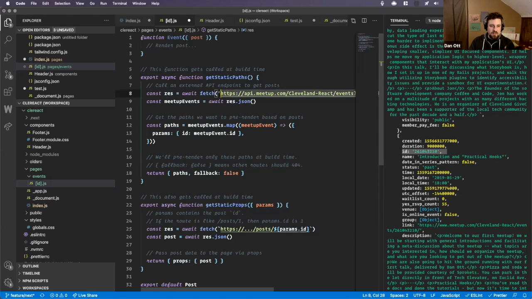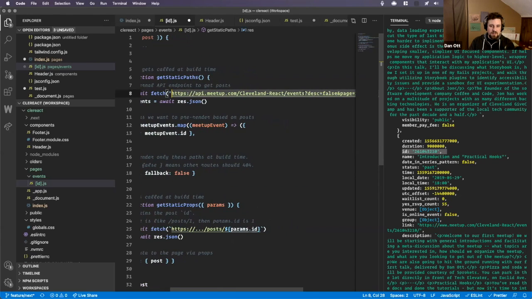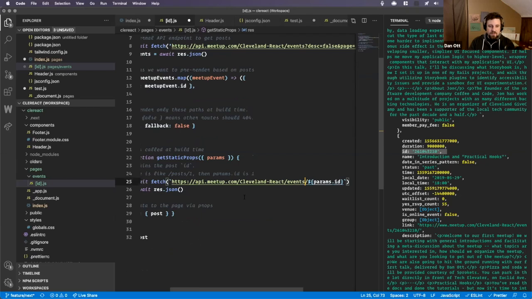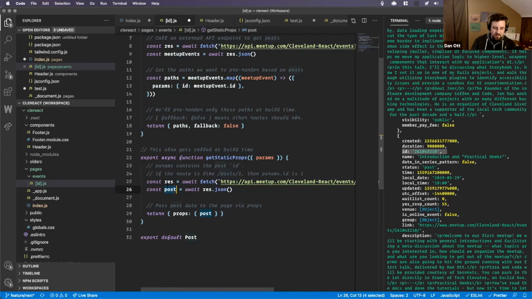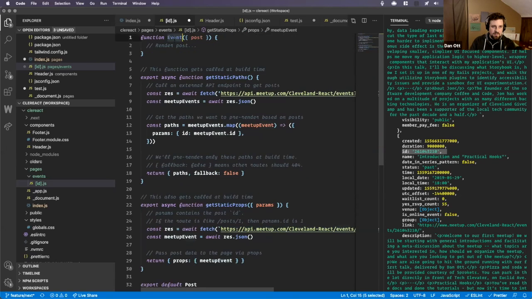All we want to do is get the specific meetup event for our parameter. I just know from screwing around with it this morning that this is how we get the URL for a specific meetup event. It'll grab the one with this ID, and let's say meetup, so that we can be clear about our